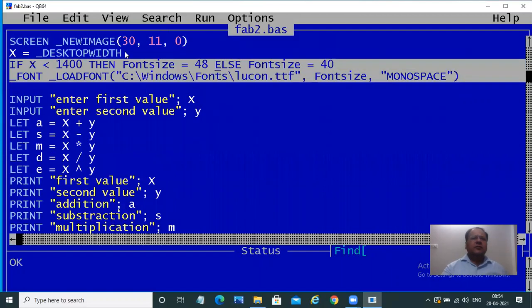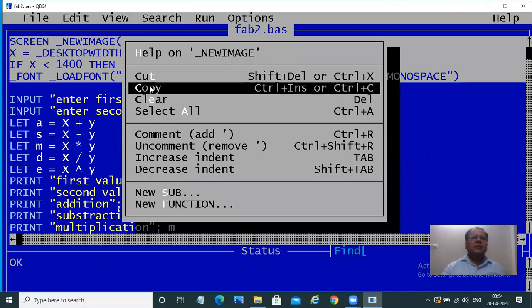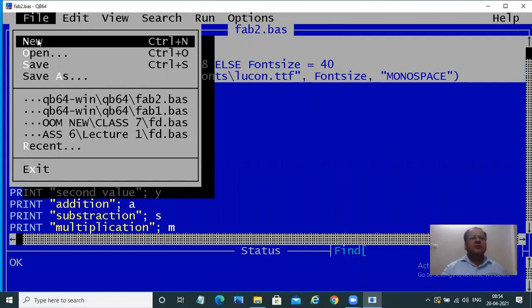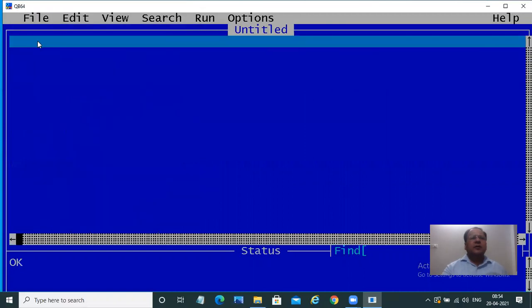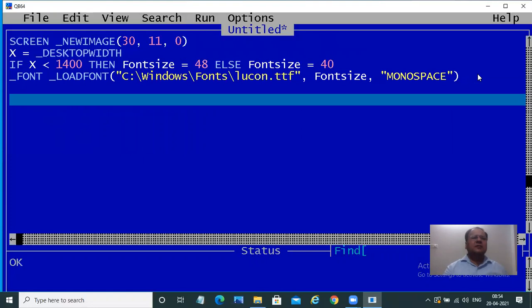So first let me copy this structure into a new program. I copy it. Now you go into file and you say new. And now I paste the structure here.